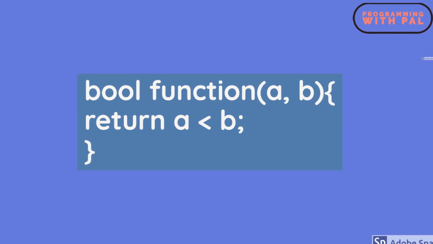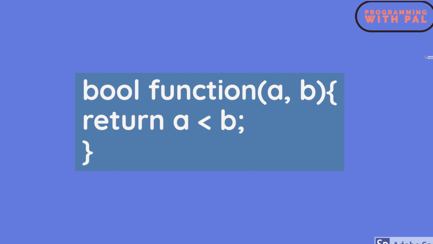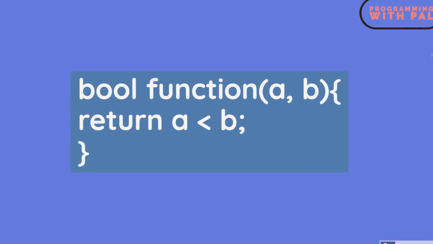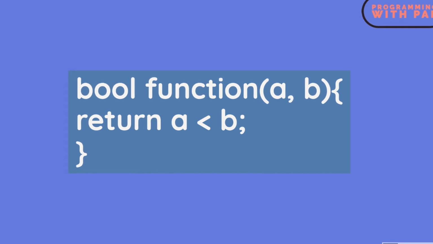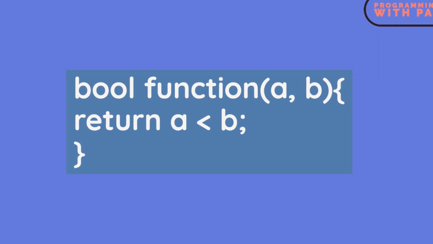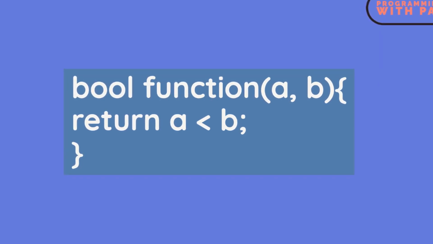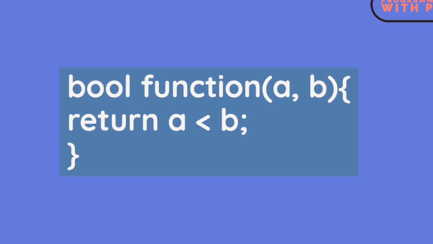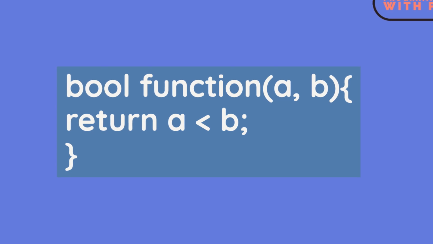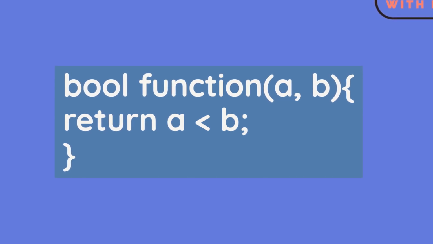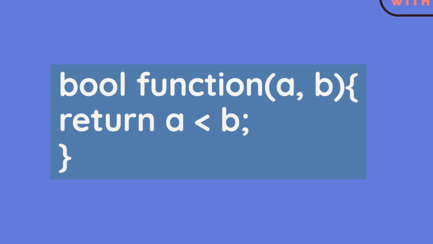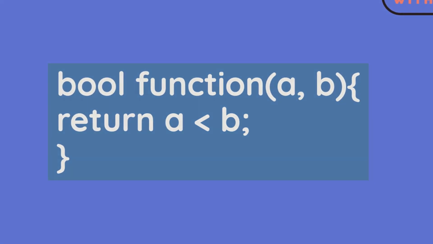in ascending order. Every comparator function takes two arguments. Here it's a and b, which are of the same data type as the vector or an array or any other data structure that you're trying to sort. The comparator function should return a value true only in those conditions in which it wants a to come before b in the required sorting order, or else it should return false. This was a very simple example.